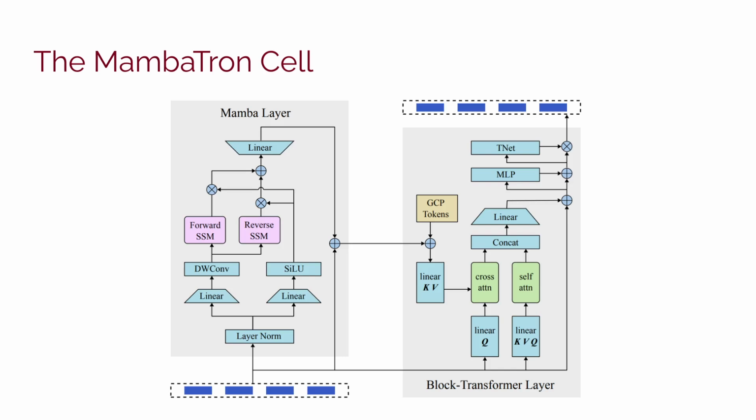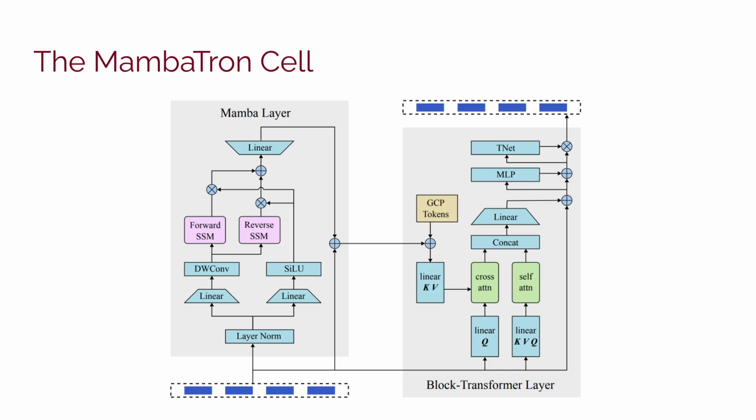So this is the MambaTron cell. On the left you see the Mamba layer. It's mostly based on a different model called Point Mamba, which is in turn based on the vanilla Mamba block, which was intended for natural language processing tasks. So it basically has a layer norm. You perform normalization before passing it further, and then